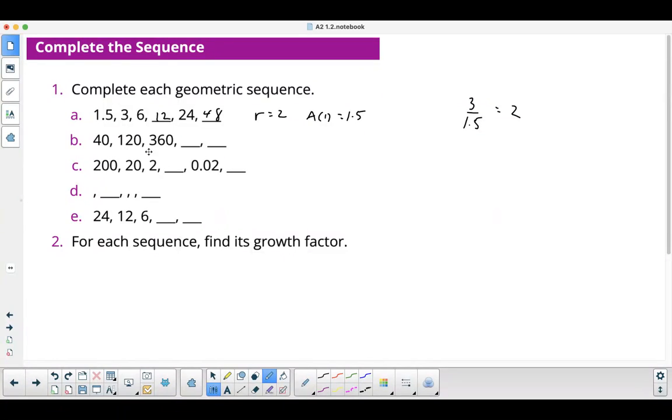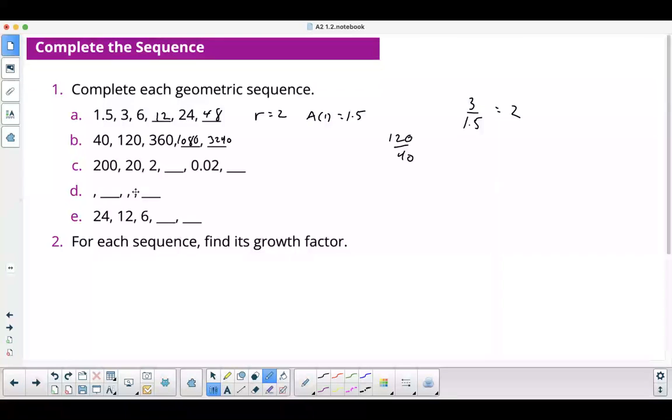So this one, again, you could do it in your head, but remember the trick. 120 divided by 40 is 3. So it's really times 3, times 3, times 3, I think is 1080. And then times 3 again is